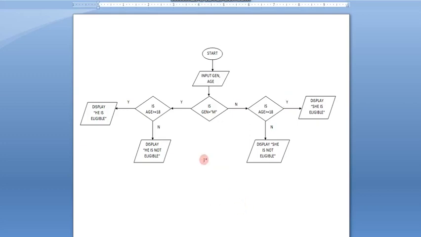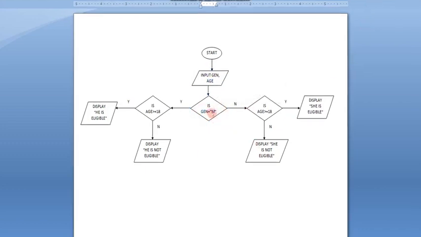So let's get the explanation at first. I'm inputting gender and age, then comparing at first the gender. If the gender is male, then it is going this side, that is yes is written. Thereafter it is checking whether the age is greater than 18 or not. If the age is bigger than 18, yes, then he is eligible. Person is he means the person is male as well as eligible. No means who's a no? Less than 18 means the person's age is not bigger than 18, so it will show he is not eligible.